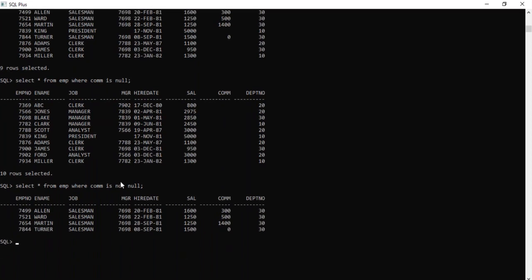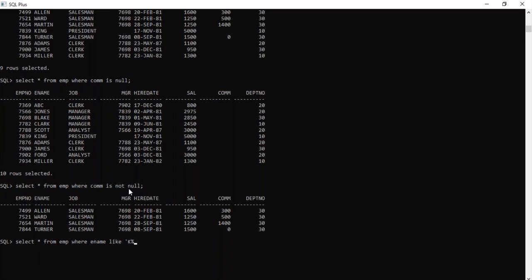Now one more operator we have, LIKE. The LIKE operator will display the data on a character pattern basis. See here, select star from emp where ename like, employees starting with K, and you need to use this.